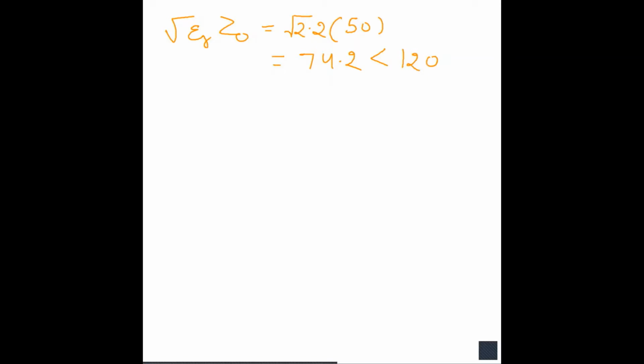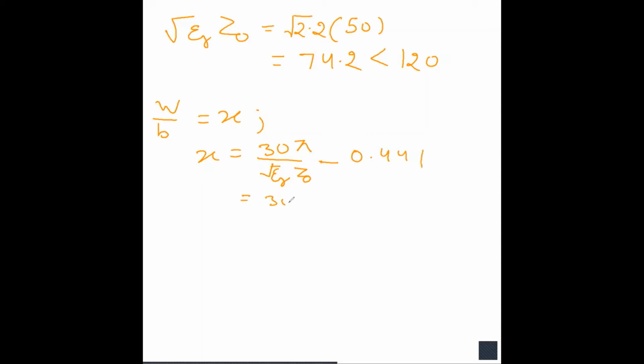It means the value of W upon B will be equal to X. And the value of X is given by 30 pi divided by under root epsilon R into Z naught minus 0.441.